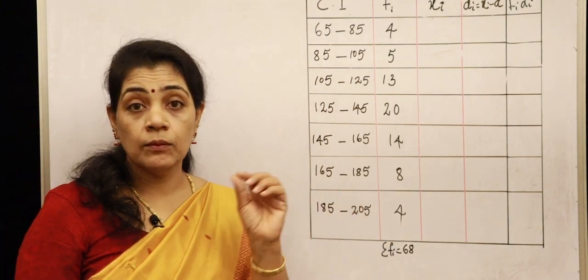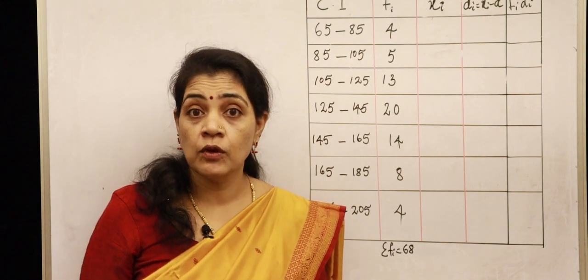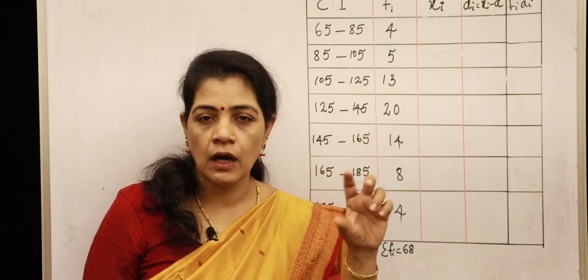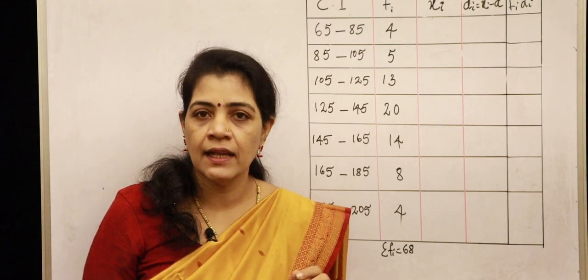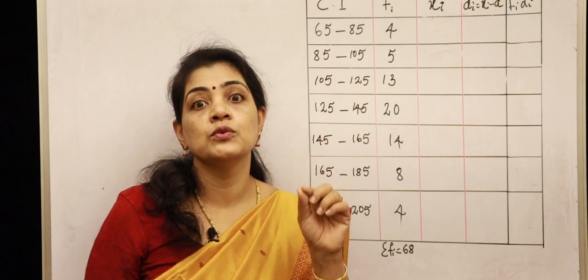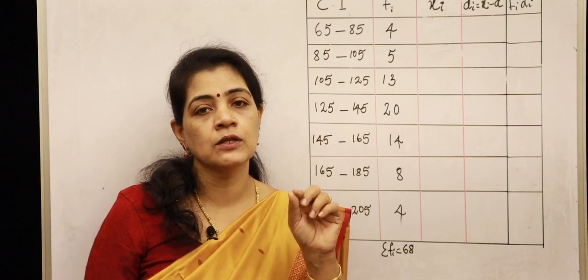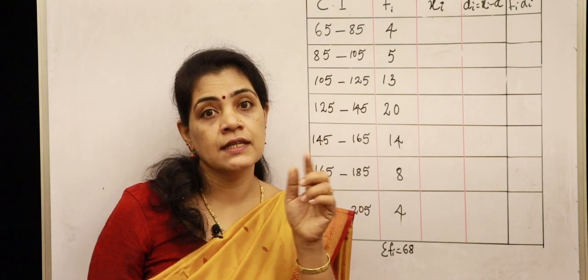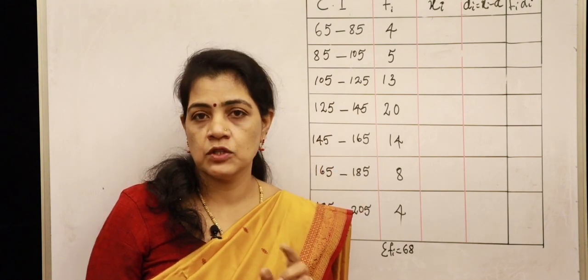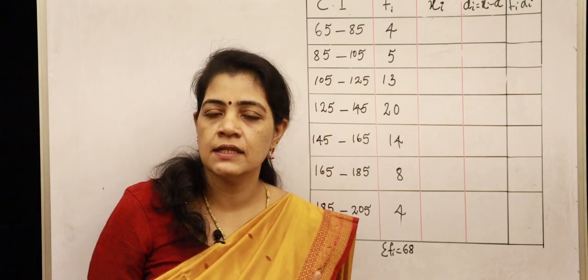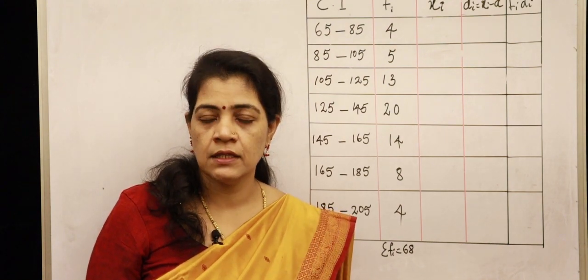Okay, and by the time we have a very important formula, that is the empirical formula. What is the connection between how these three central tendencies are related? That is 3 median is equal to mode plus 2 mean. That is very important. We can expect problem questions from this empirical formula in section A. That is the empirical relationship between the three central tendencies: 3 median is equal to